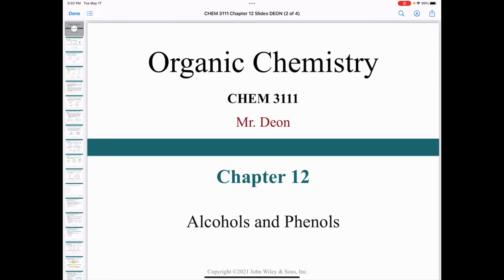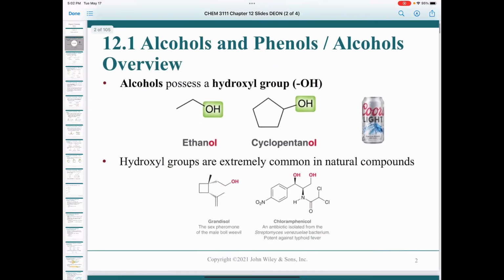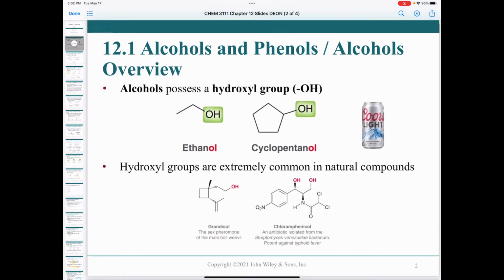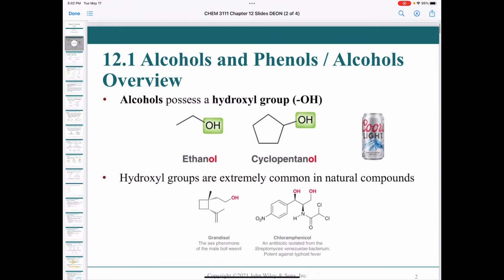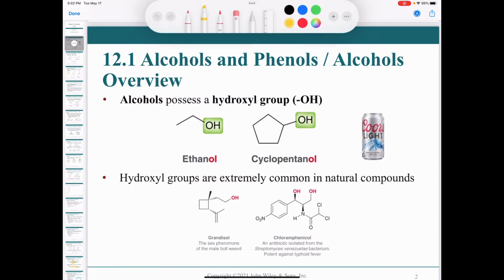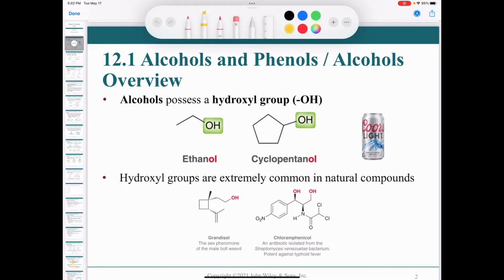Hi, Chemistry 3111. This is Chapter 12, Alcohols and Phenols. And if you go way back into the second chapter of Organic Chemistry 1, where we covered functional groups, you would have learned that an alcohol possesses a hydroxyl group. Sometimes we just abbreviate it as R and then OH,